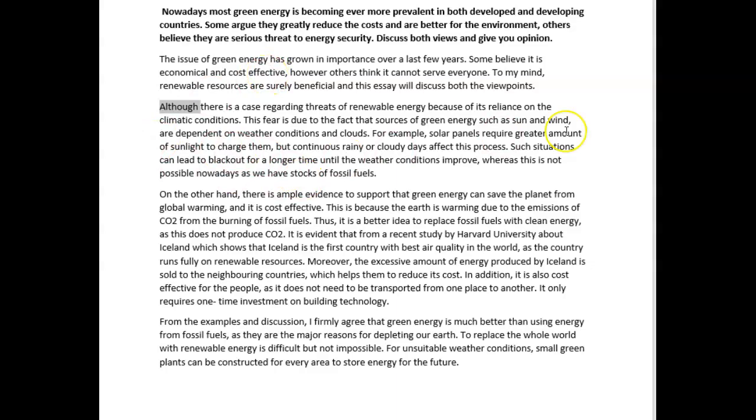I was concerned about this paragraph because I felt it was underdeveloped. And even look at this. It's about 6 lines long, and this is about, it's not a huge difference. But I did feel like it was a little underdeveloped. I wanted to hear a little bit more about why there is this concern about energy security. So you talked about climatic conditions, and you talked about relying on the weather, and I wanted you to get to the point a little faster. But I also thought that there was more you could say in terms of why we think this type of energy threatens energy security.